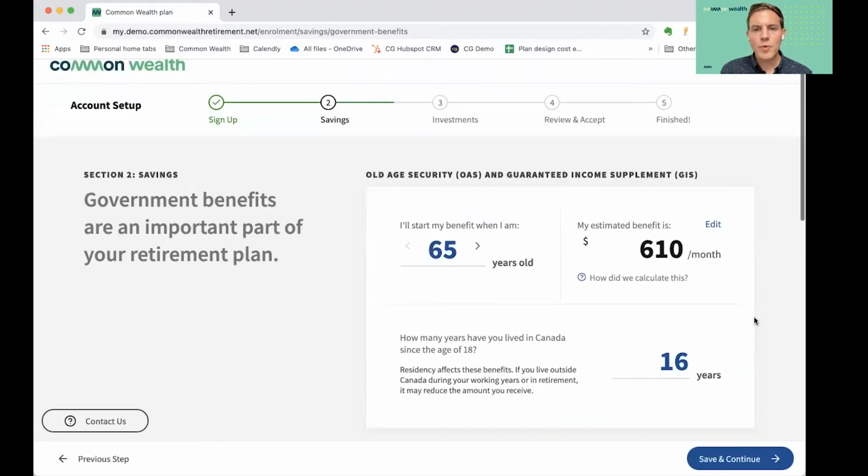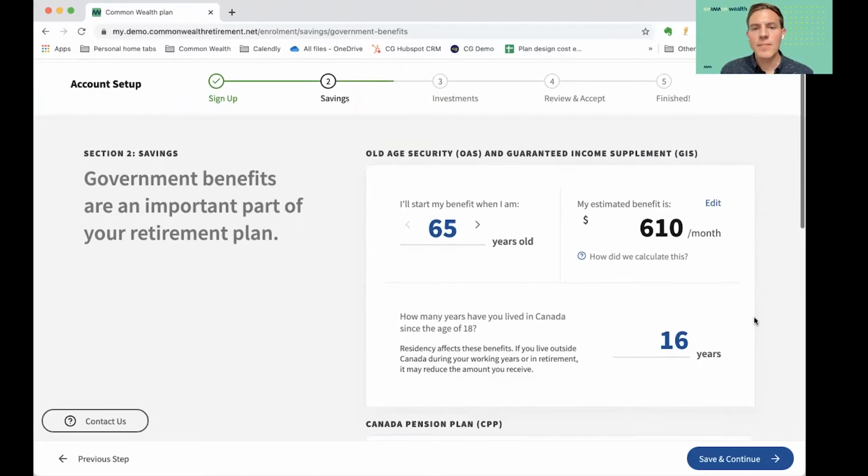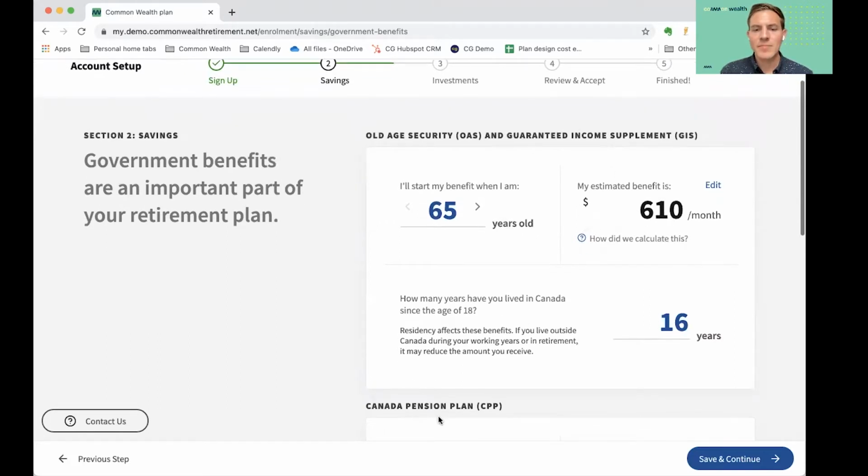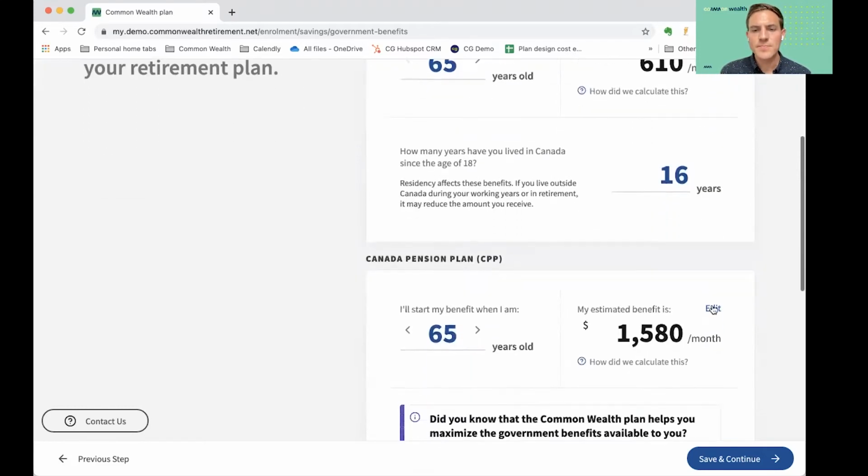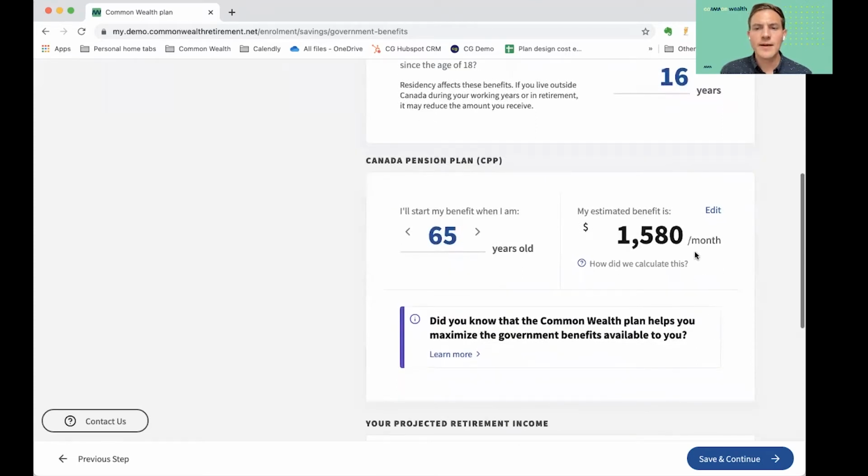The next step is a very important one, and that's taking into account what I expect to receive from government benefits. The 3 key government benefits programs that most people are going to be thinking about are Old Age Security, or OAS, the Guaranteed Income Supplement for more modest earners, and Canada Pension Plan. So we're going to help provide you with an estimate of what you can expect to receive from these programs. I can see here that I'm looking at about $610 from OAS and GIS. And for Canada Pension Plan, I'm expecting about